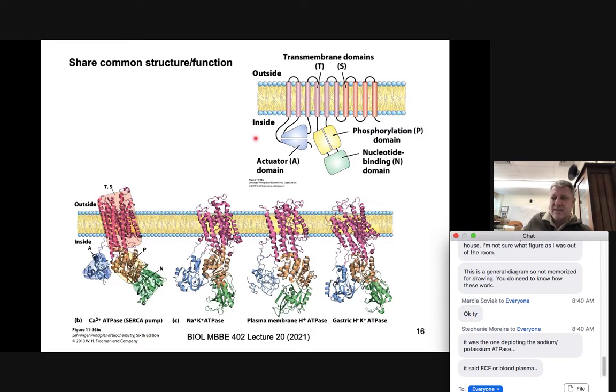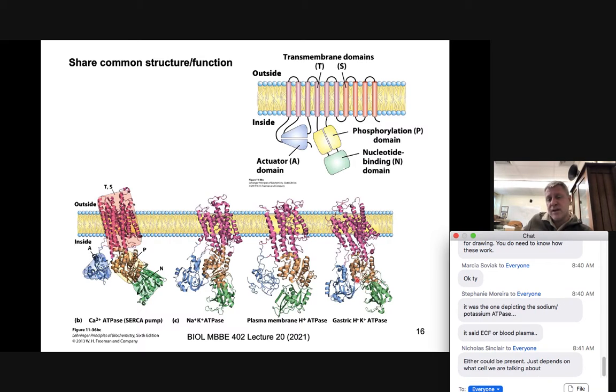So again, we have this commonality in our ATPases, and there has to be then some level of selectivity that's being caused to allow only this type of calcium to come through. This one has an exchange, a co-transporter of potassium and sodium. This one has one with just protons, and this one has potassium and protons moving through. So there has to be some level of selecting, within this particular structure, between these particular ions to move in and out, but all requiring this nucleotide binding domain and the phosphorylation domain to do